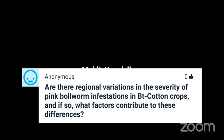Yeah. Are there regional variations? Already asked you. Sorry. Yeah. What role do cropping practices and environmental factors play in influencing the susceptibility of BT cotton to pink bollworm